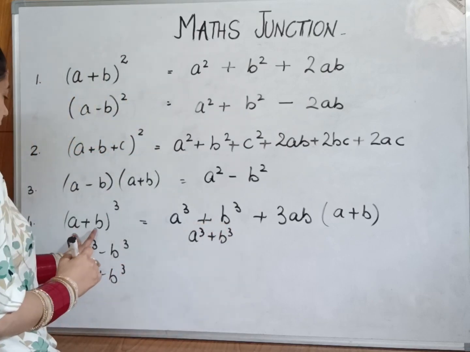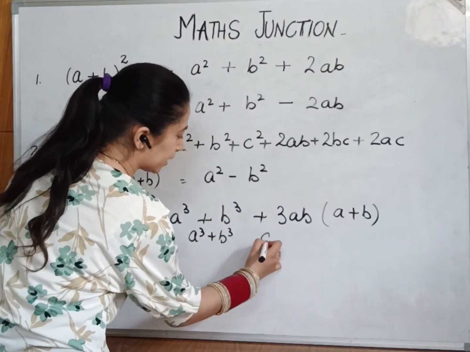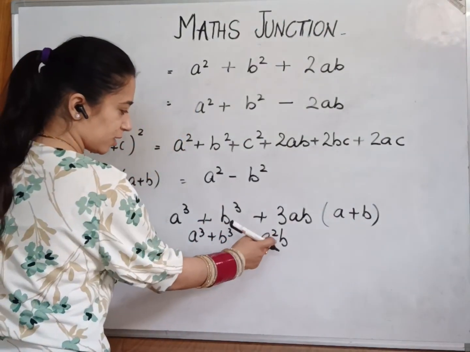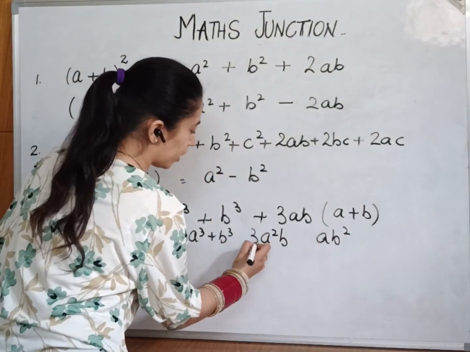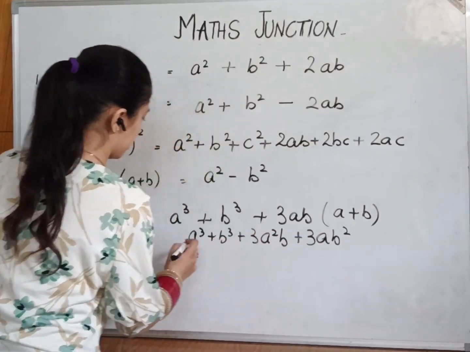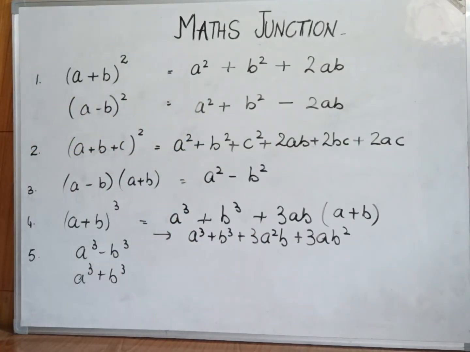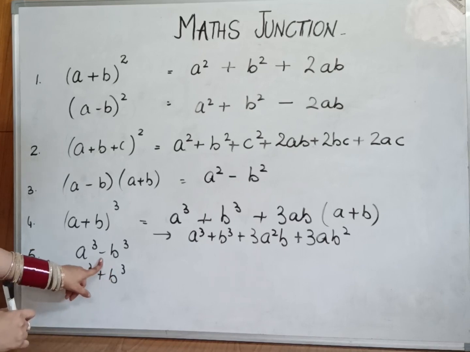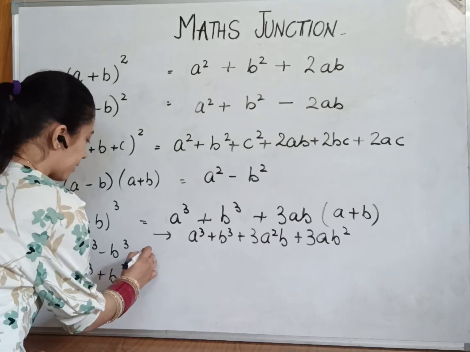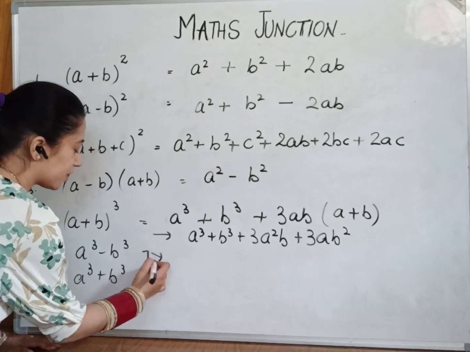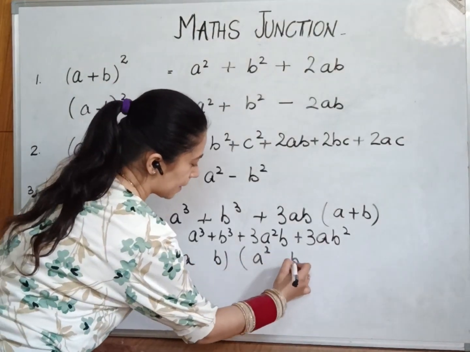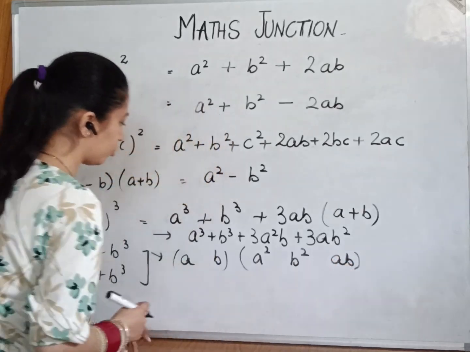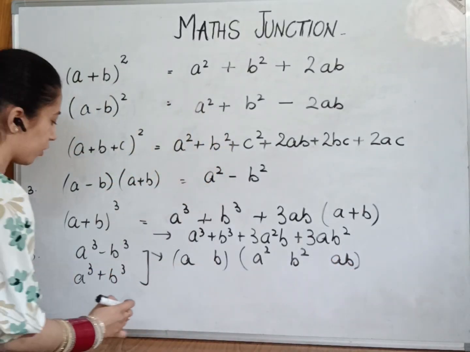Now because there are two elements with the cube, one time we write a square b, second time a b square, because the power is 3, so we'll write the 3 with their product. This is the second form to write this identity. The fifth identity is when the cube is there but signs are different, like minus is there or plus is there. The pattern is followed the same. Like in the first case, we'll just write a b, and then a square, b square and their product. In both cases, the pattern is followed the same.